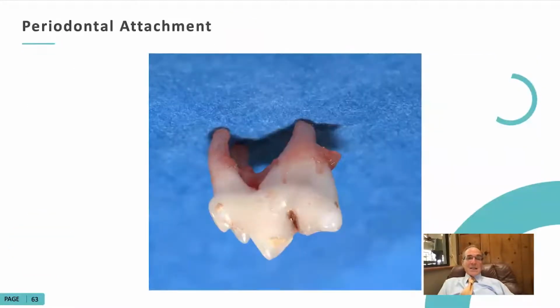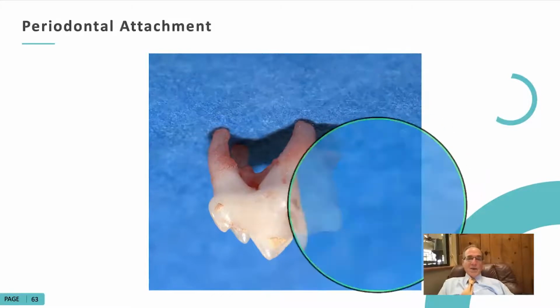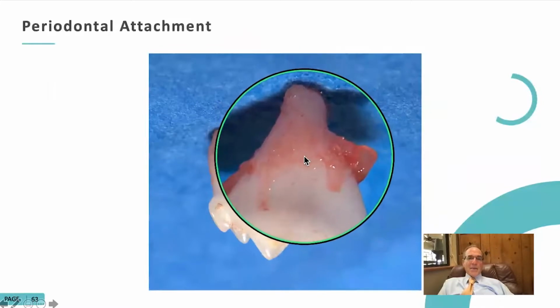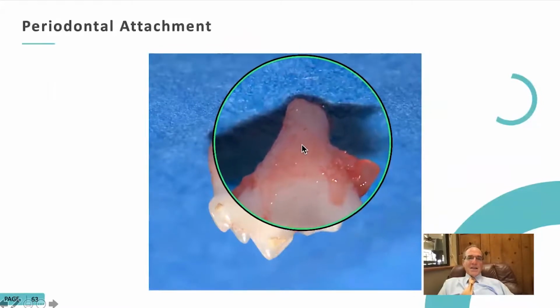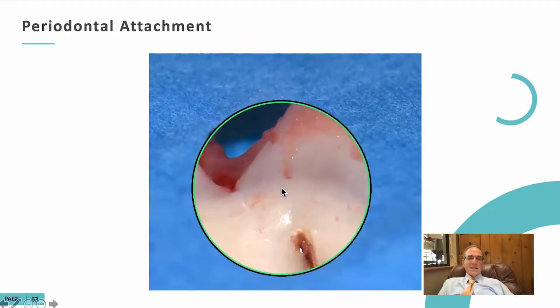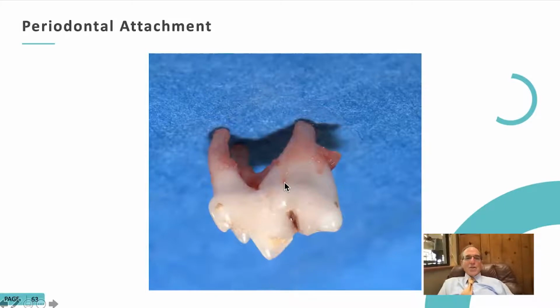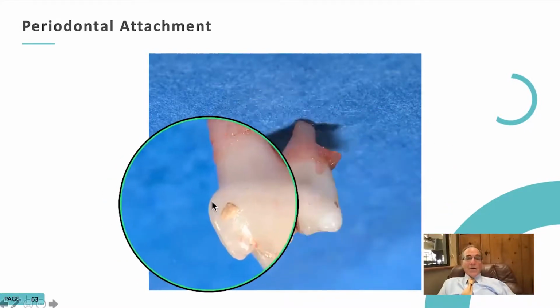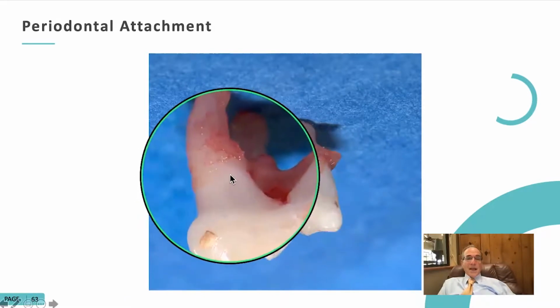This is the periodontal attachment. This gives you a much better view of what gingival recession winds up looking like. This is the periodontal ligament here attached to the cementum. This is attached to the alveolar bone on the other side. You can see in this case that the tooth was extracted due to support loss. So this cat had just about 50% support loss, where normally the support should be at the cemento-enamel junction, right in this area right over here. And you can see how it receded.